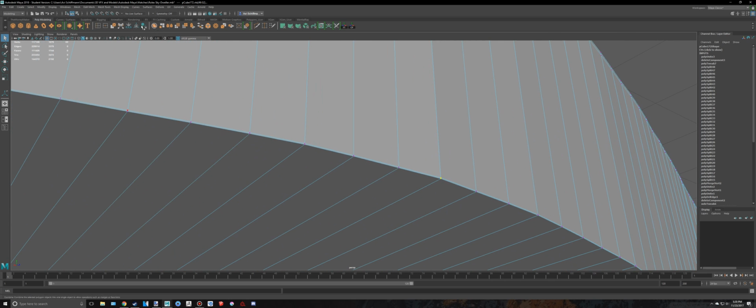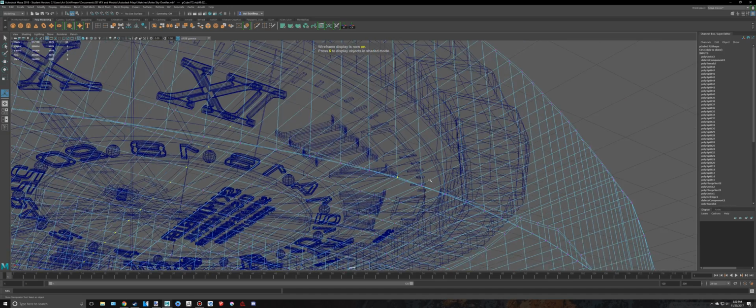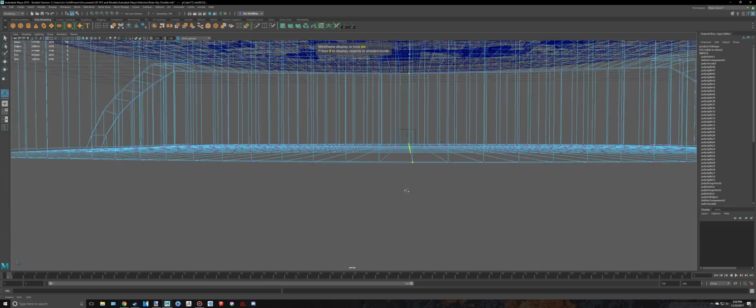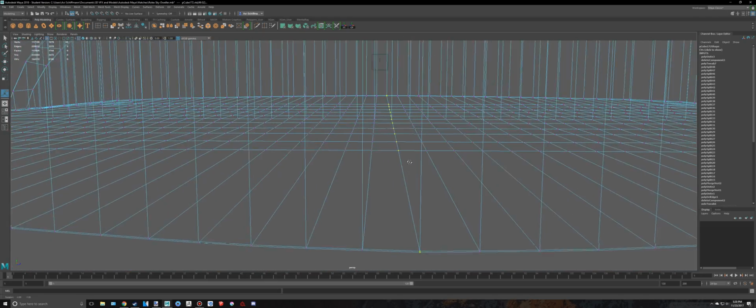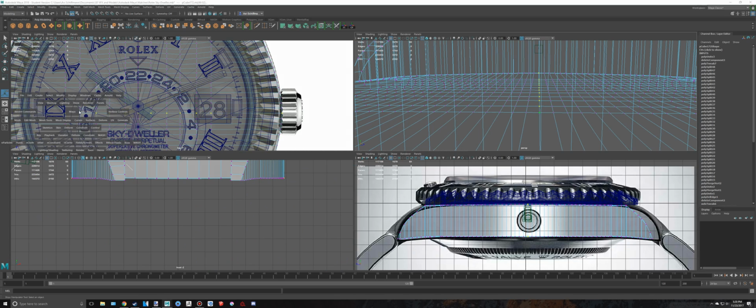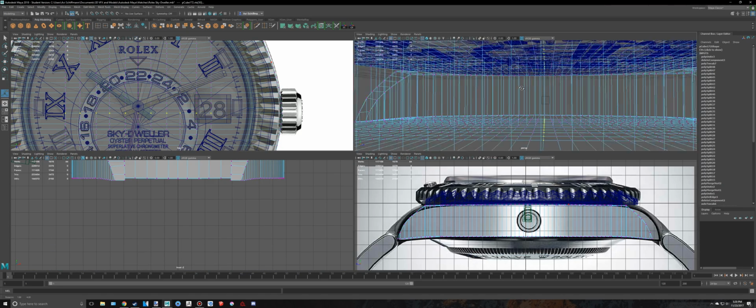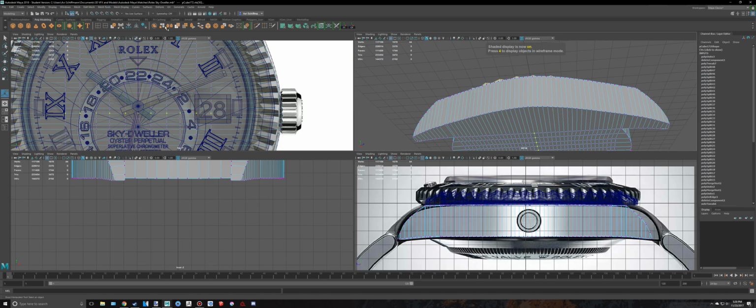And then when I merge this, I'm going to see if it does. Yep, see, it does that, and that's not what I want to do. I want to merge the things that are basically inside, like these bottom ones right here. So let's see here. If I drag select like those and then press 5 and then merge them,